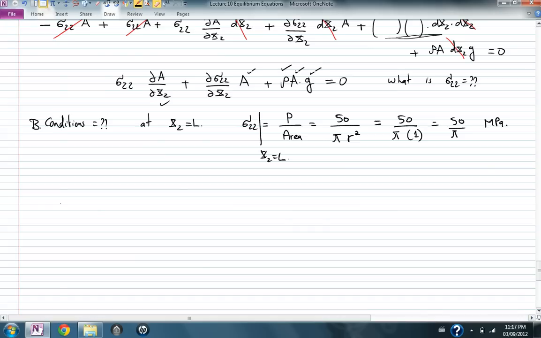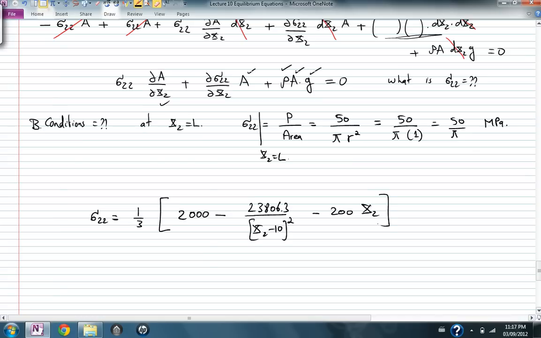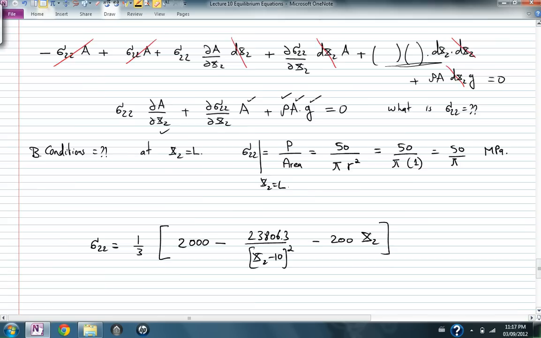And the solution is in fact equal to 1 over 3 multiplied by 2000 minus 23806.3 divided by (x2 minus 10) squared, minus 200 x2. So you can see it's really not simple, even though we've made so many restrictive assumptions,